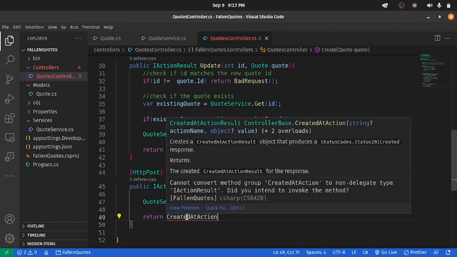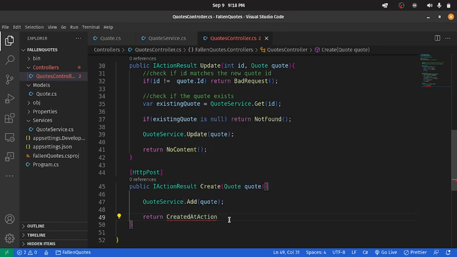What is this create add action? This creates an add action result object that produces a status code of 201 created. So this tells us that we successfully created the new code, right? So if we successfully created the new code, then we'll get 201, right? And then this takes in a parameter of,